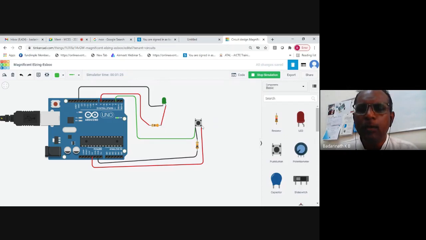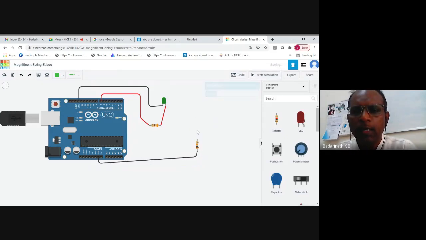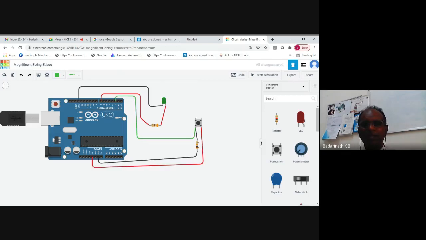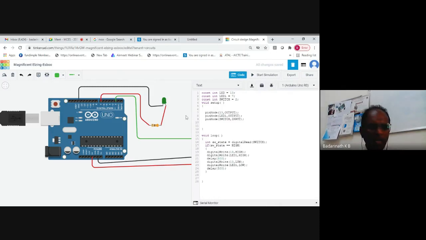Now I will remove all these components that I have given and stop the simulation. So I was able to demonstrate how you can build circuits using the Arduino board. I hope you have done this circuit. If you haven't, I'll keep this component and the code for some time so that you can complete it. I'll give you 5-10 minutes. So please finish this one.